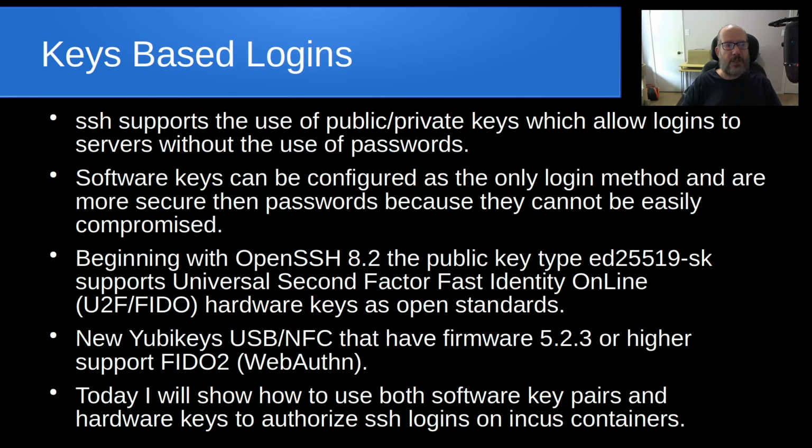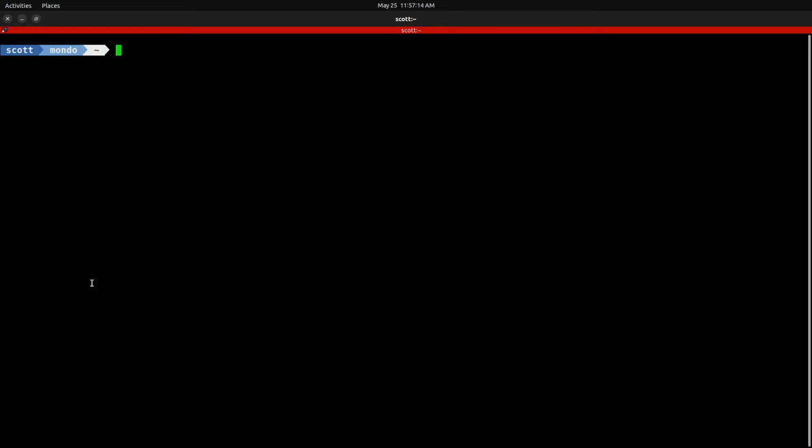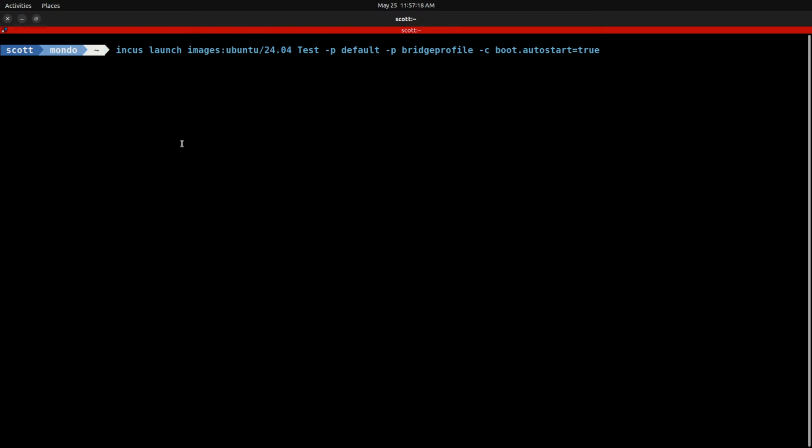on Incus containers. Here we are at a terminal prompt, which is also my desktop, which, by the way, coincidentally, is also an Incus server. So I'm going to start by creating an Incus container named test, and I'm using the bridge profile, which we covered in Incus containers step by step, and that's to provide my Incus container with an address on the main